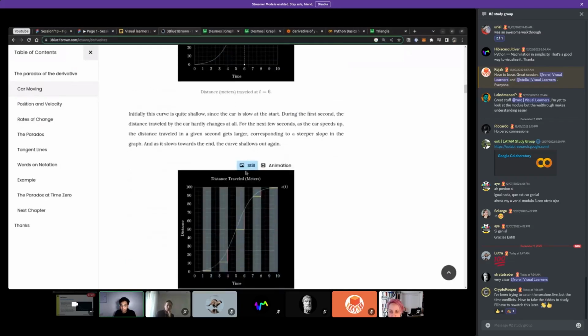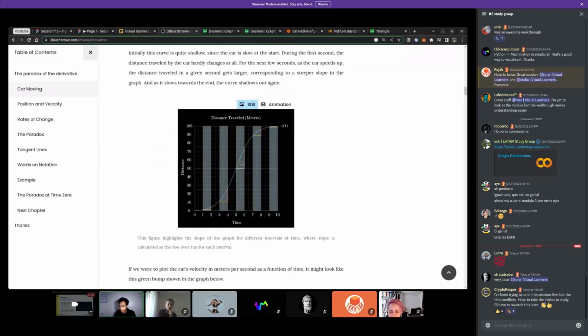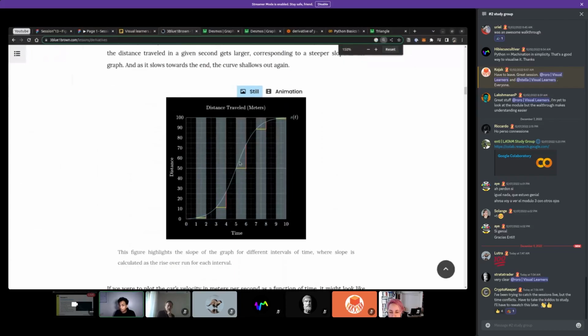Like in this case, if you're trying to find the slope in this area of the graph, you get the speed at this point. And this is in some sense what a speedometer does, right? Like if you're in a car and you're driving and it says, hey, you're driving at 30 kilometers per hour. The point is that if you really think about it, it kind of doesn't make sense. How can you say that I'm driving at 30 kilometers per hour at this point of time? Simply because speed is defined by how much distance you have covered in how much time.